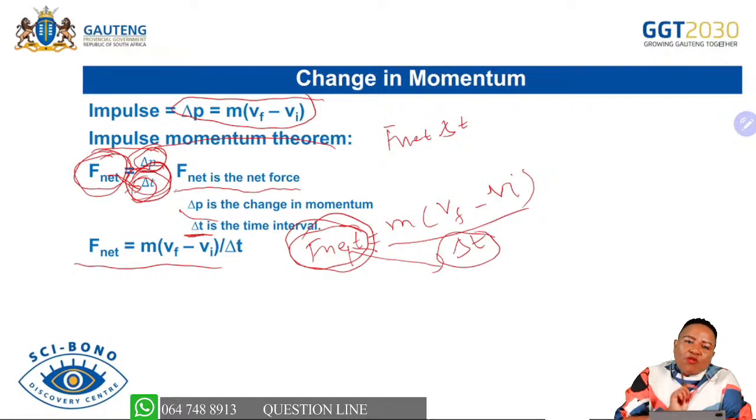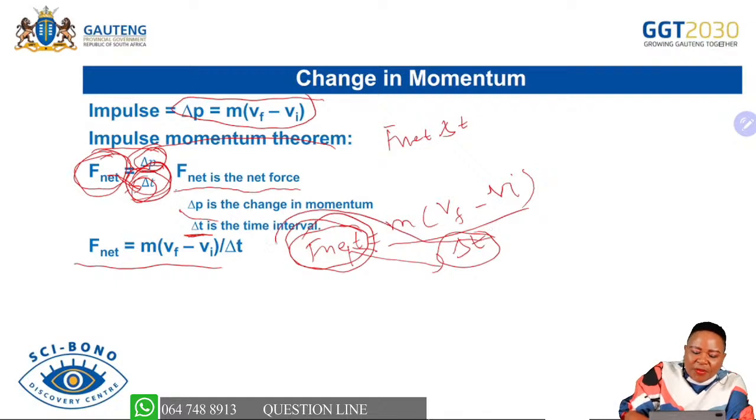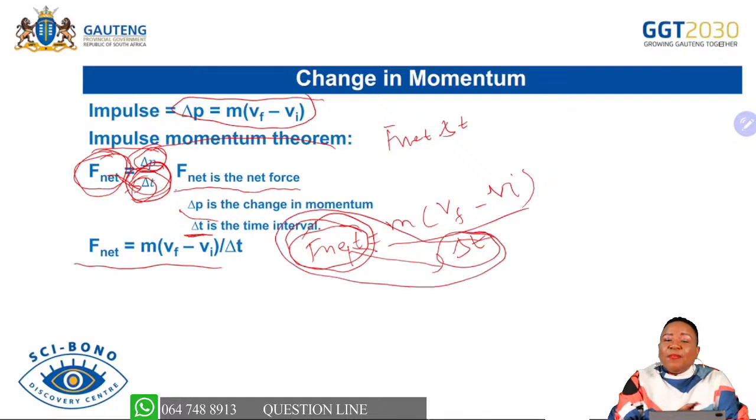If there is less time of contact, there will be more force exerted. Why more force? Because the relationship between the net force and the time of contact is inversely proportional. So for you to decrease the force as you fall on top of that object, you need more time of contact. As you go through that sponge, it increases the time of contact, and there will be less force exerted on you. And with less force exerted on you, there will be fewer injuries.